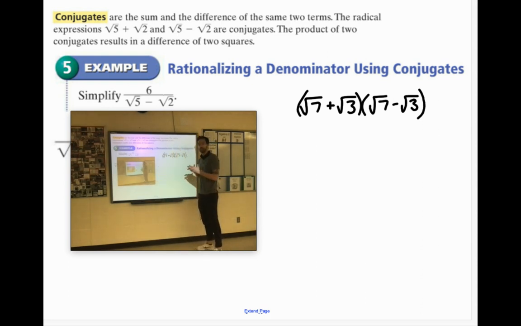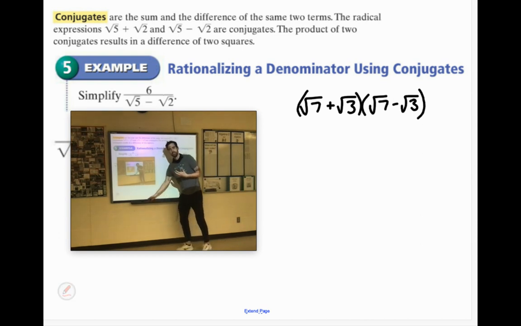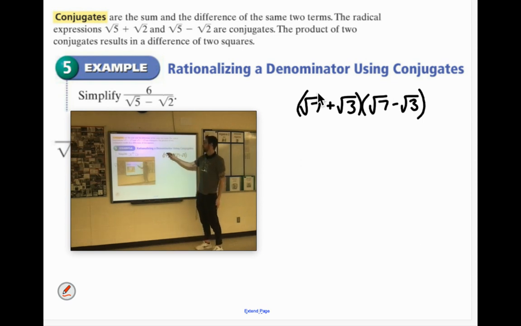It's called conjugates. So conjugates, if you look at what I've written here, root 7 plus root 3 times root 7 minus root 3. Conjugates are the exact same thing, except the plus and the minus change. So it's kind of like when we were foiling back in the day, the difference of squares. If you had like x plus 3 times x minus 3, there was a shortcut. And you'll see how the shortcut works again here with conjugates. So if we were to FOIL this out,